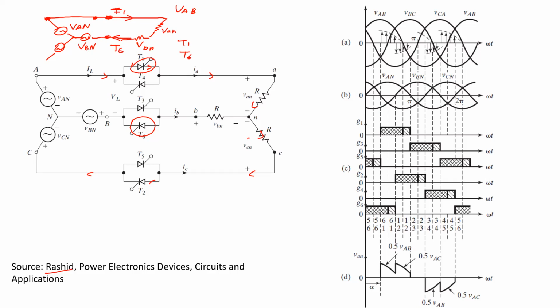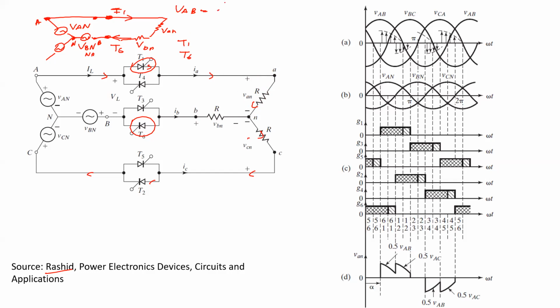The notation I used here is a little bit wrong, but you can also take this as, because this is neutral, this is B, this is A, this is neutral. So VAN is correct. This one will be VNB, but we usually don't write it like that. The voltage across these 2 points will be VAB. So VAB will be applied across these 2 resistors. These 2 resistors are the same.